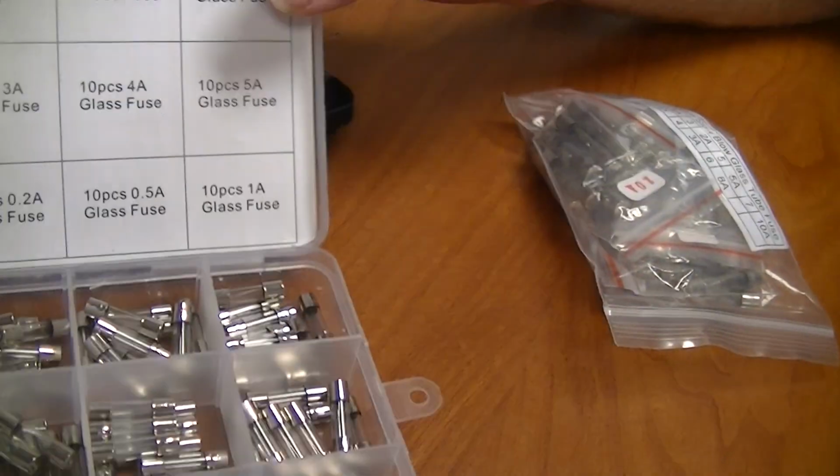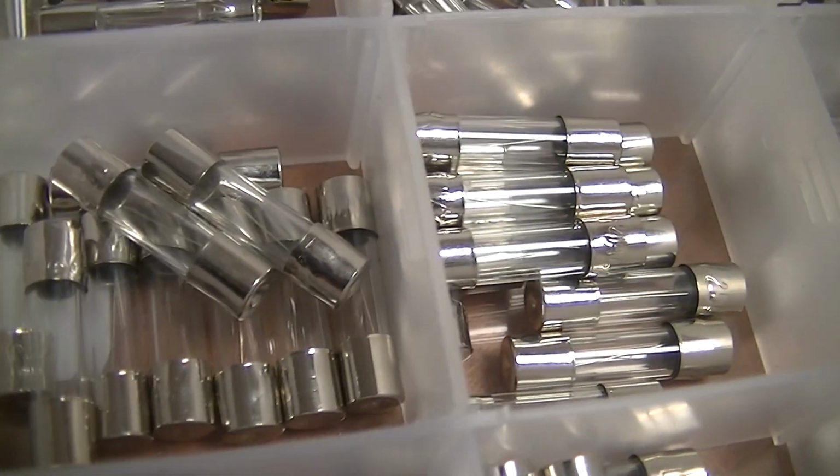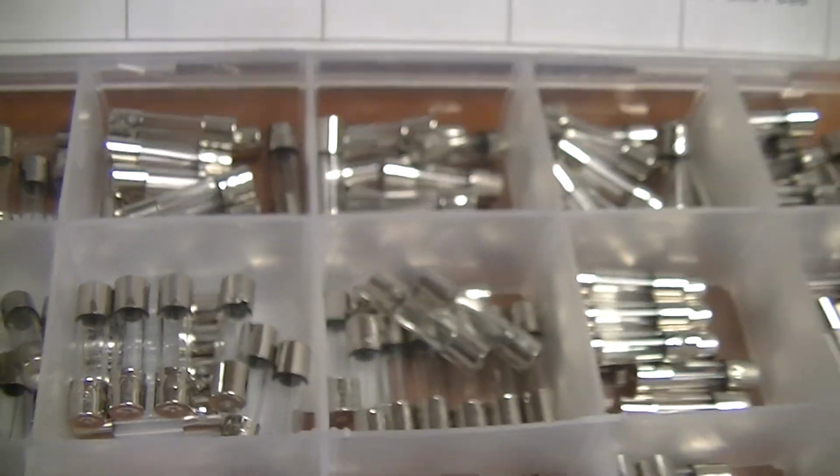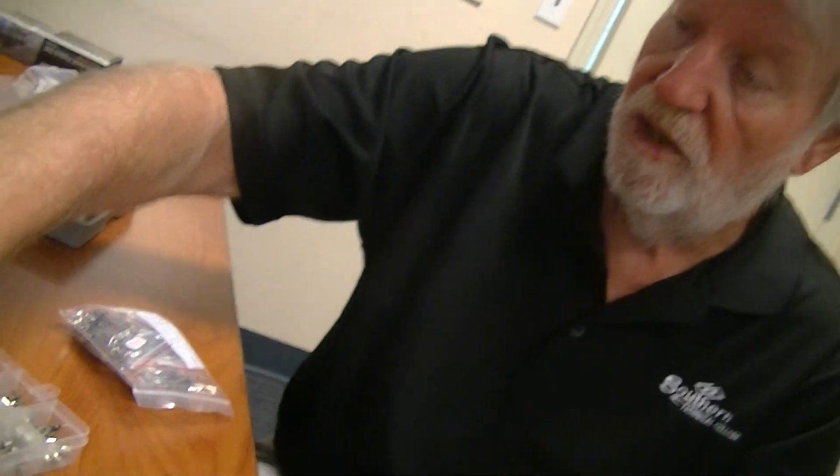Now, these are intended for use with electronics, okay? If it says it's a 10 amp fuse, it'll blow instantaneously at 10 amps, or very close to it. They're intended, if you get to the extreme where you're going to damage the electronics, to open the circuit right now. On the other hand, now, the slow blow fuses, okay,